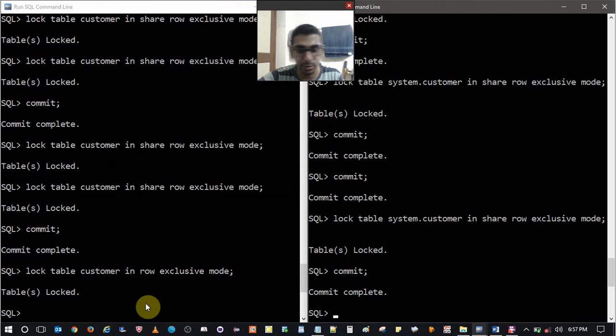Next, let's try to insert some values. Insert into customer values. So what are the values? Customer ID. Alright, here we go. Customer ID is 456 within quotes, comma, name, Benji within quotes,